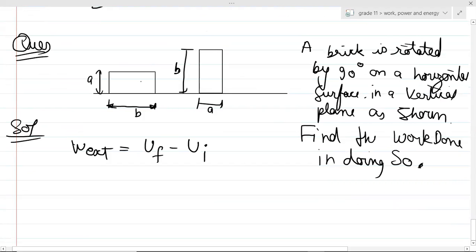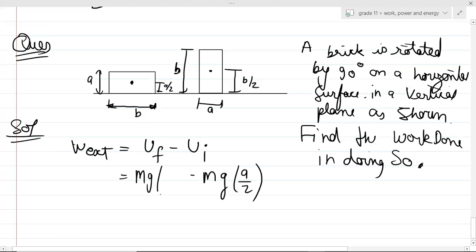So initially it is at a by 2 distance and finally it will be at b by 2. So the initial potential energy is m into g into a by 2 and the final potential energy is m into g into b by 2. The answer is